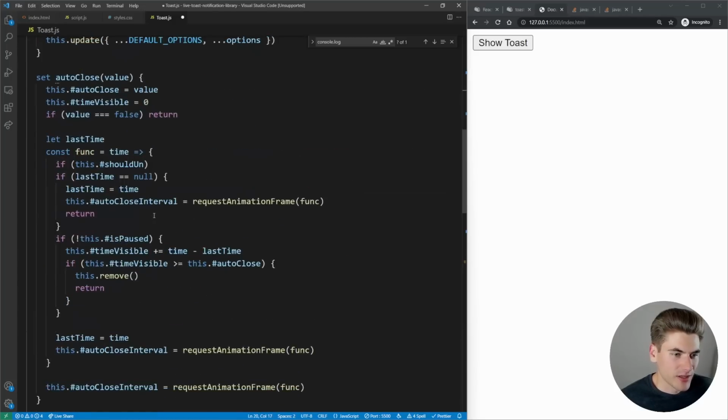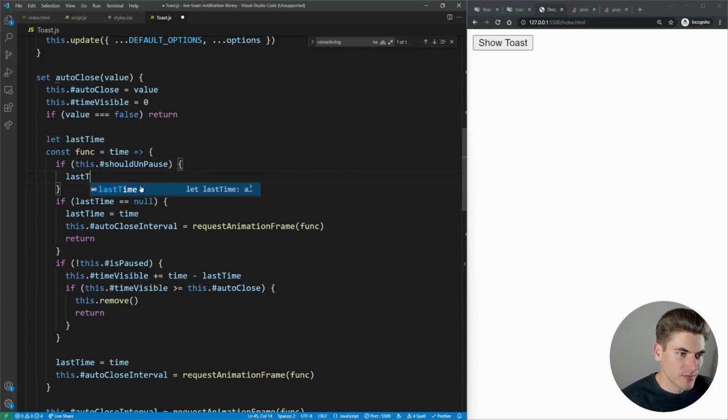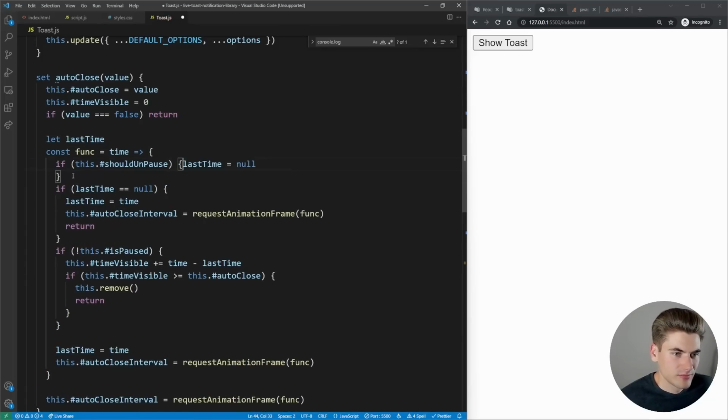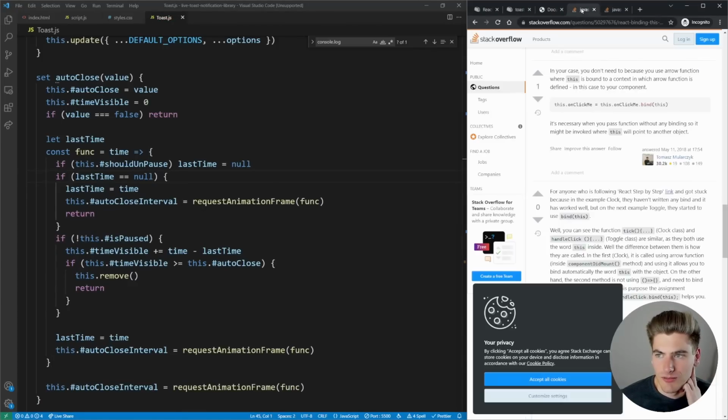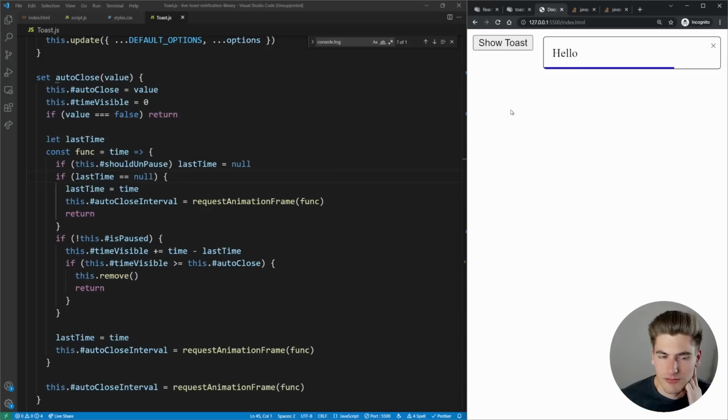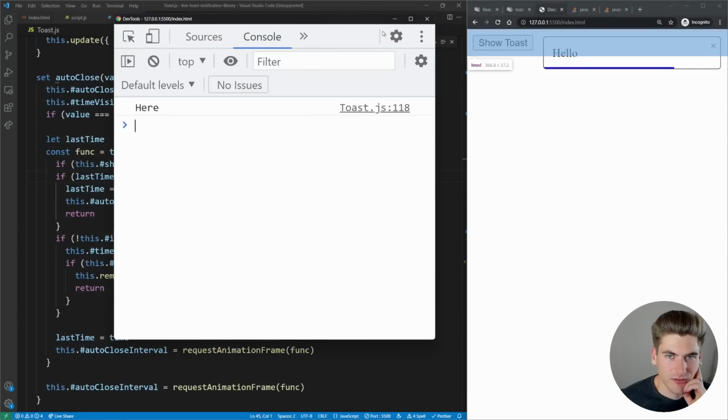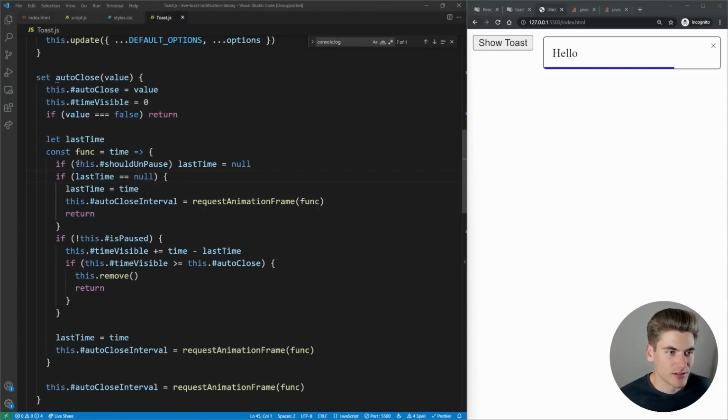This is a bit hacky, but I think it'll work. If shouldUnpause, then lastTime equals null. Let's try it. Show toast, okay. Move over here. Move back. That did something. Definitely did something. Oh, and then we need to say this.shouldUnpause